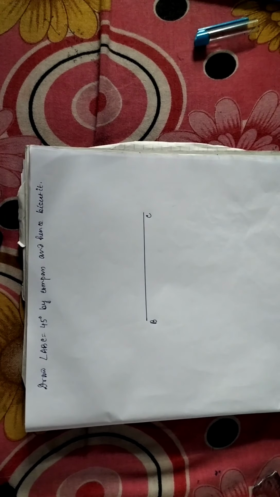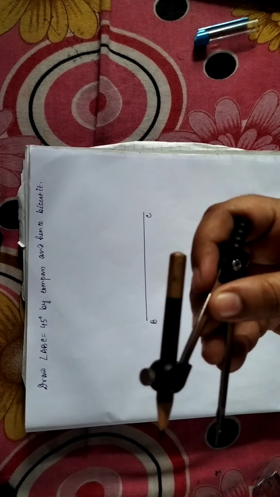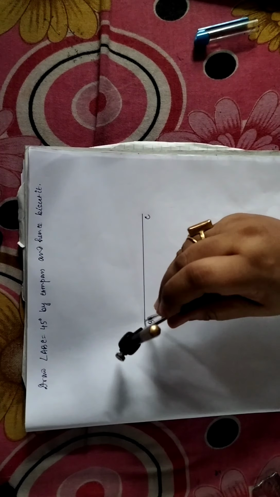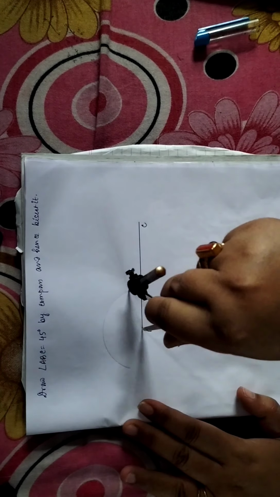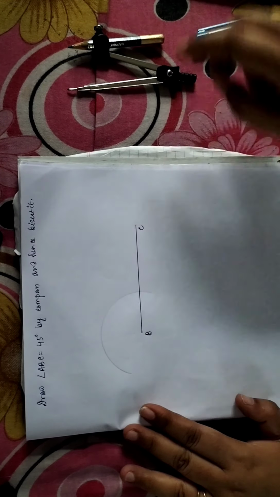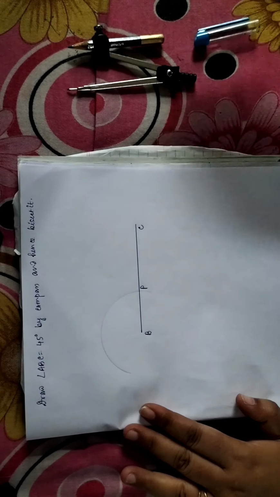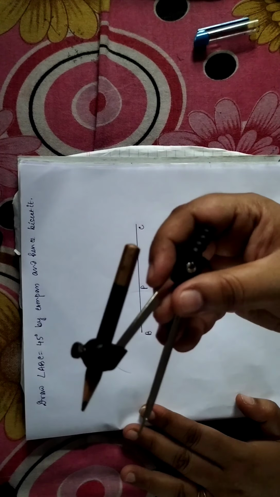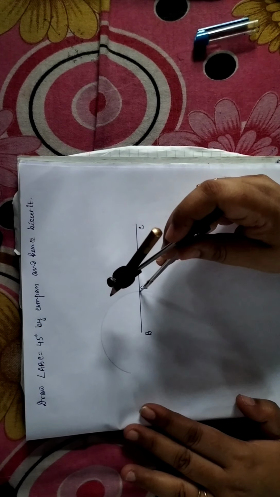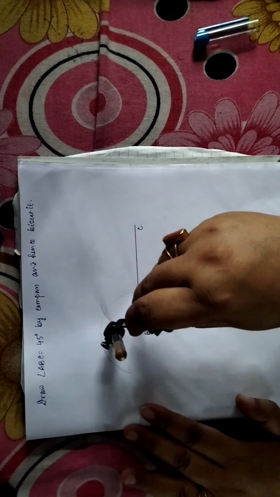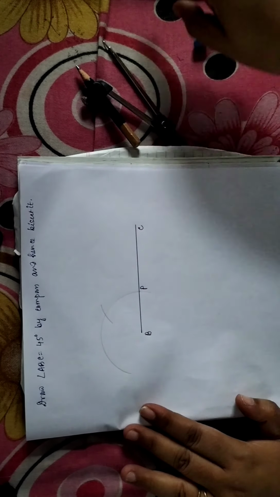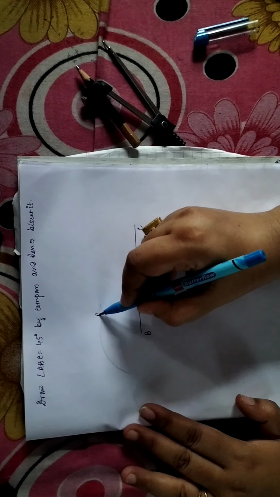Okay. Now take your compass and set any certain radius. With this suitable radius, take B as center and draw an arc so that it cuts the base BC at a fixed point. Let's name this point as capital P. Now, with the same radius, this radius should not be changed, take P as center and draw another arc such that it cuts the previous one at a fixed point. Let's name this fixed point as Q.